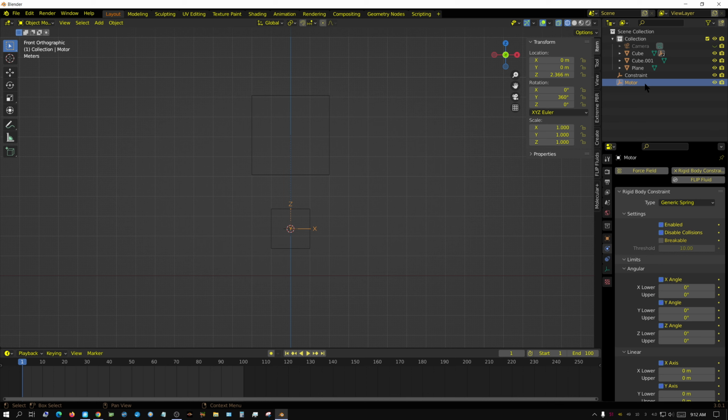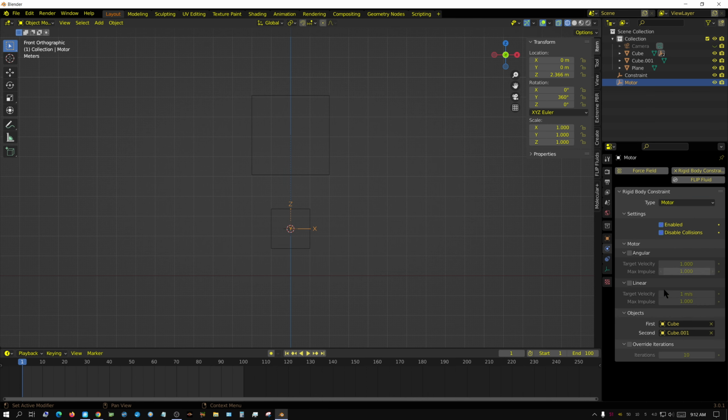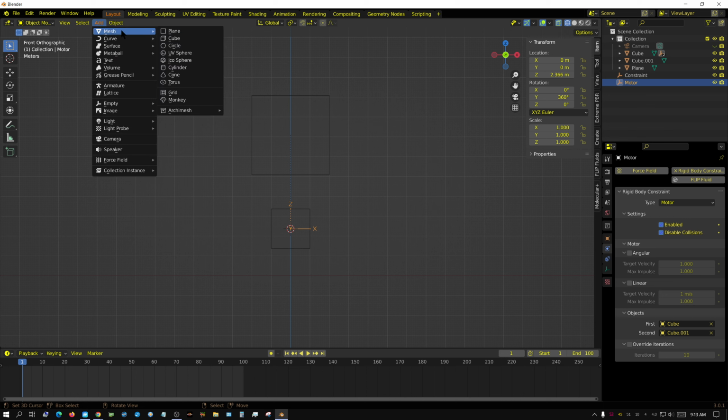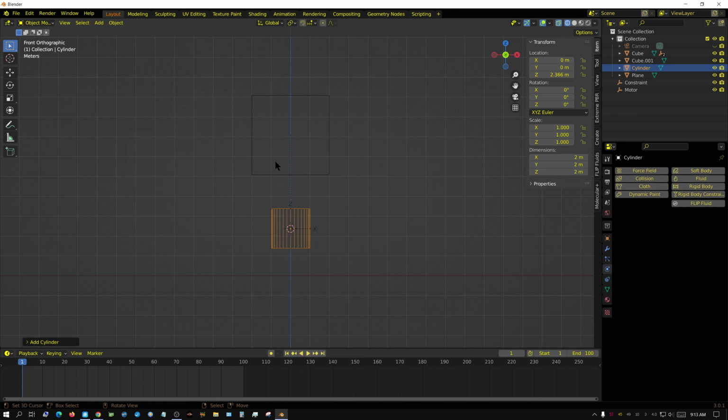Alright, and then that constraint will actually be connected to a wheel, but instead of it being a generic spring, it's going to be a motor. Now the motors rotate on the x-axis, so it's going to go around like this, around the x-axis. So if I was to add mesh and then cylinder and rotate Y 90, scale X,